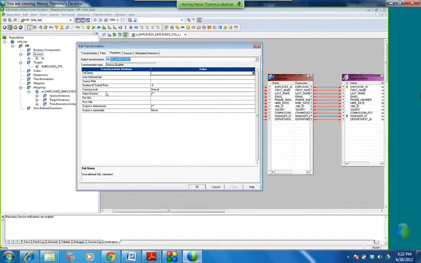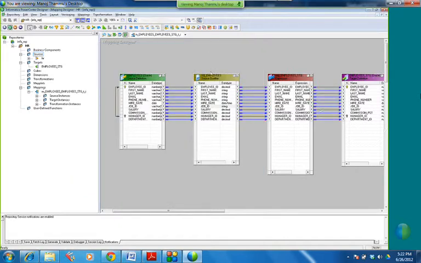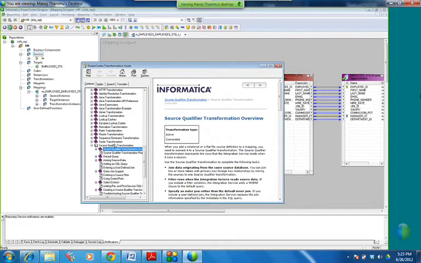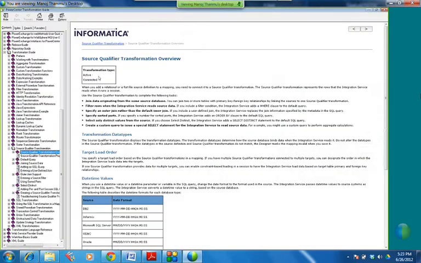All the other things you have to research yourself, because if we go on to cover each and every point, it will take 6 to 8 months of course. Okay, so here in the source qualifier, if I press F1, you will get help. Automatically it will open the source qualifier transformation. See, the source qualifier transformation is active and connected. What is active, what is connected, I will tell you.